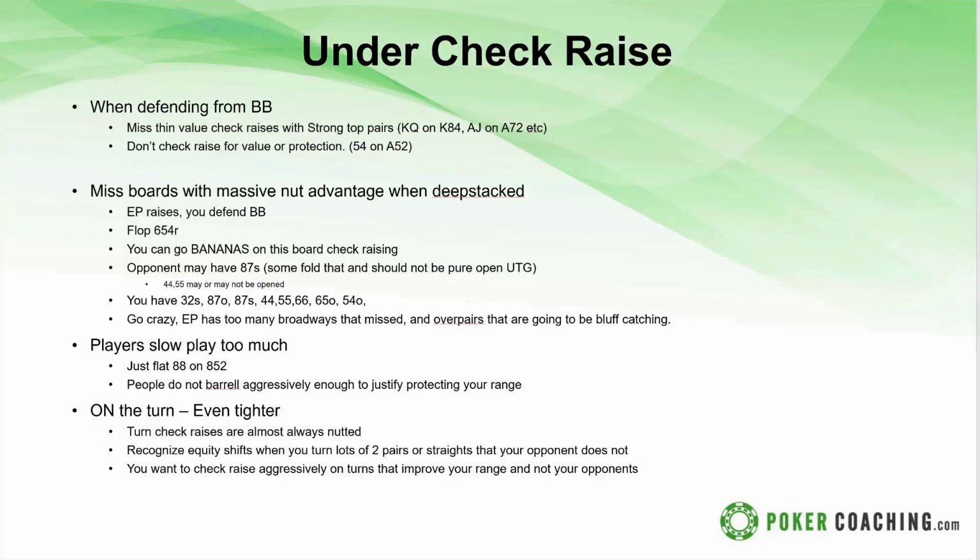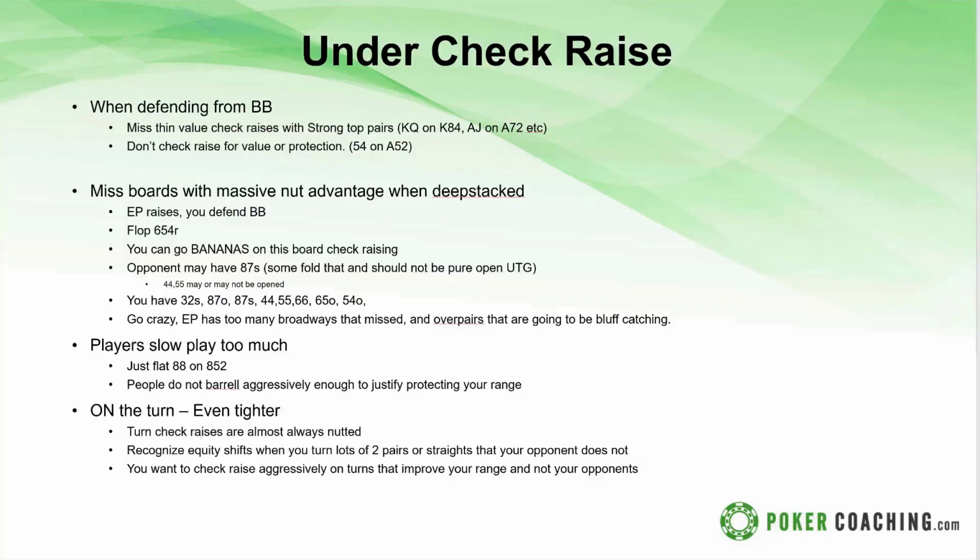The only hands they really have that beat ace jack are pocket 7s, ace 7 suited, maybe ace deuce suited, maybe pocket deuces, and then ace queen and ace king. But they have a lot of hands that are going to call your check raise at least once, like 8s through kings. They can have any 7. If they have a 7-8 suited or 9-7 suited, possibly they're going to call your raise.